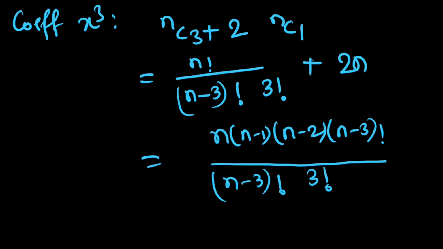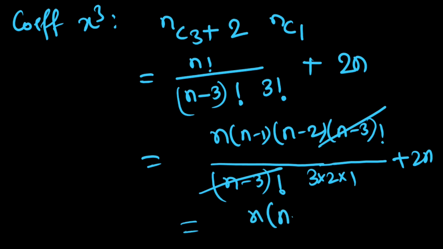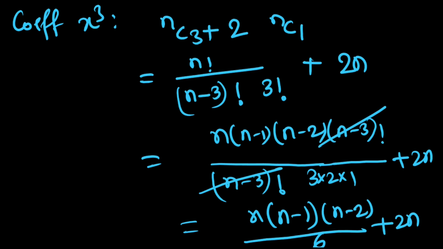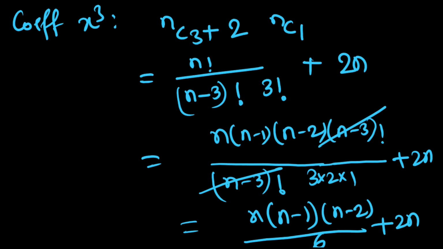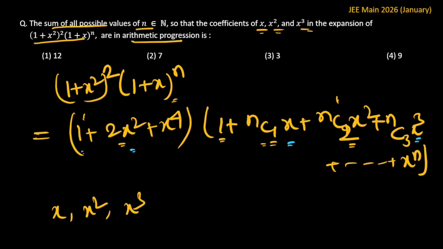3 factorial means 3 into 2 into 1, plus 2n. This term and this term are cancelled, so the final term is n into n minus 1 into n minus 2 over 3 into 2, that is 6, plus 2n. Now we get the coefficients of x, x square and x cube, and the question says that these coefficients